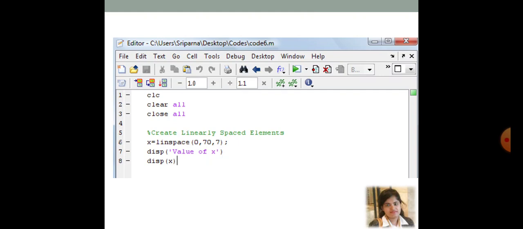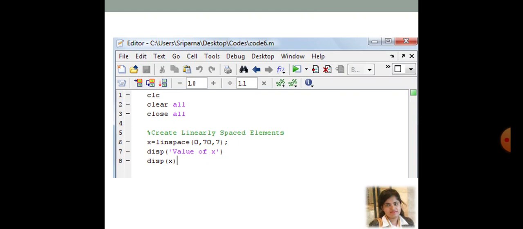That is, we are going to create linearly spaced variables. Now what is the starting value of that linearly spaced variable? Suppose the value is 0, so I have given 0, then comma 70. That means 70 is the highest value that it could reach. So the minimum value is 0, and the maximum value is 70 of the linearly spaced elements.